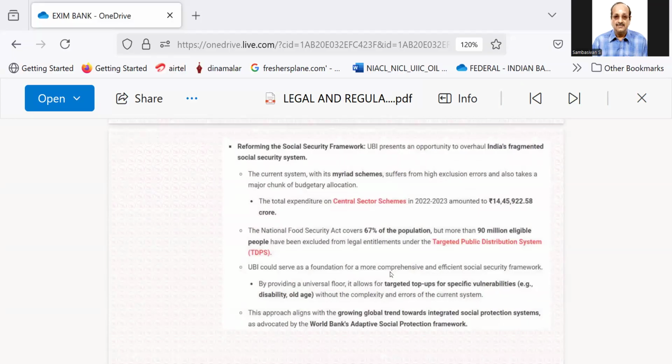Then there is one more factor given here, the targeted public distribution system. The National Food Security Act covers 67% of the population, but more than 90 million eligible people have been excluded from legal entitlements under the targeted public distribution system. UBI could serve as a foundation for more comprehensive